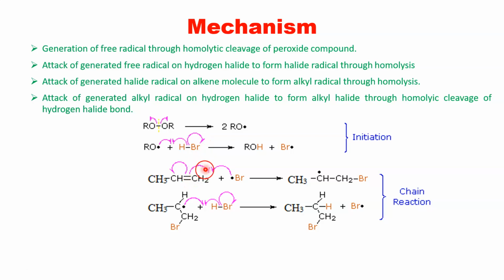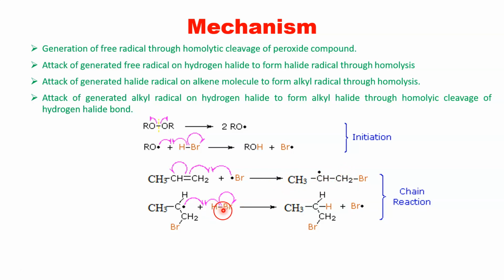Again the electrons are distributed equally, and once the electrons are distributed equally, now this will form a bond with the CH2. Now as per the rule, bromine gets attached to this end CH2, which is having more number of hydrogen atoms, and hydrogen gets attached to a carbon which is having fewer hydrogen atoms. But why is it happening? Why is this bromine only attaching to this CH2? Why not this CH? So I will come to that.